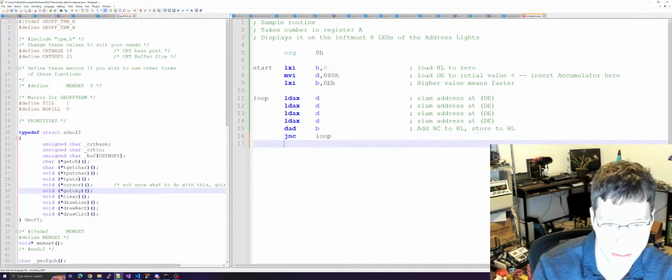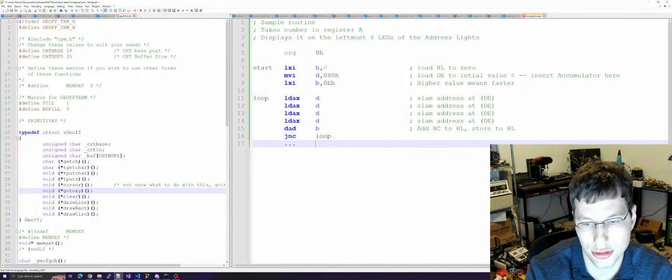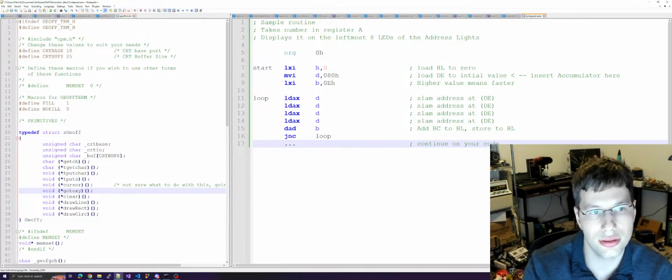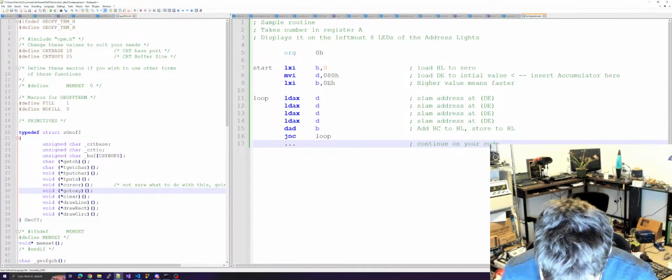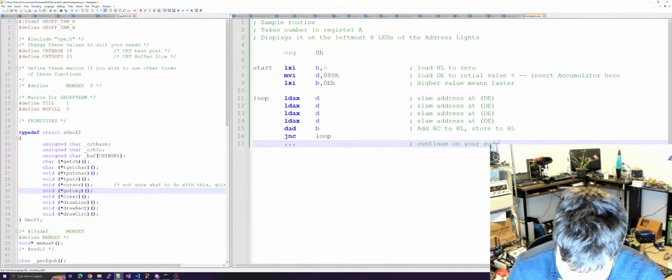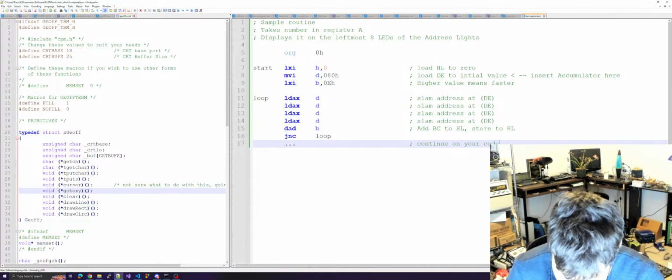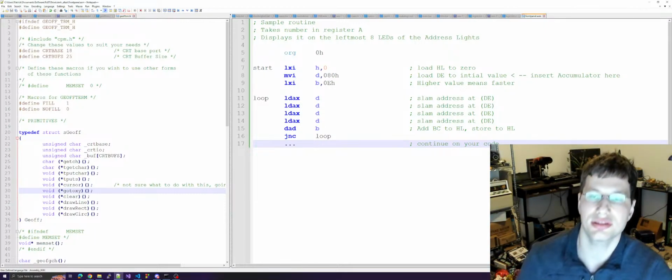And then continue on your code. So the rest of kill the bit is grabbing your input, exclusive ORing it, rotating it, moving it to D, and then jumping to the beginning. So basically what that is